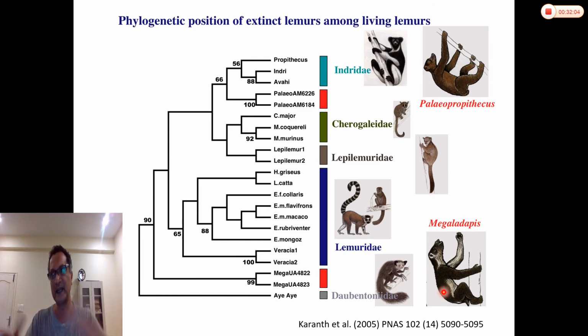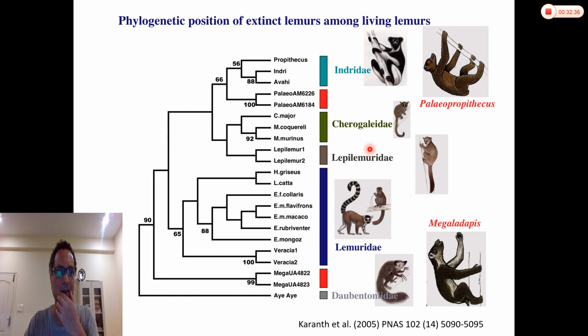It looks more like that. It feeds on leaves. And you have Palaeopropithecus, which is more like a sloth, the sloth from South America. And there was also a gorilla-sized lemur, right? So basically, this radiation consisted of something that small to something like the size of a gorilla, terrestrial, arboreal,